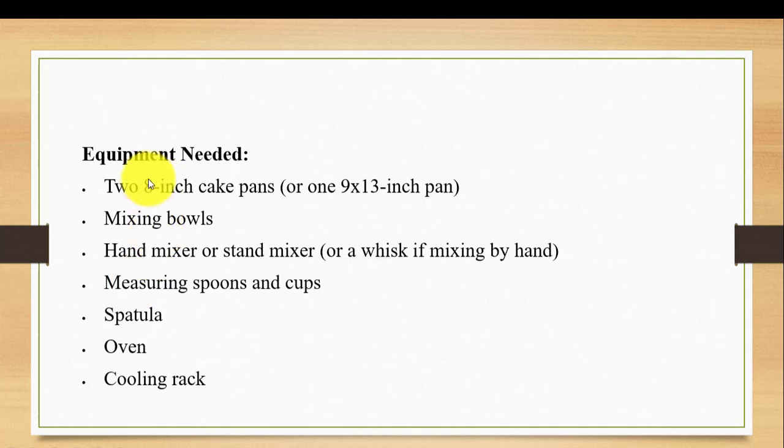Another issue is equipment needs. We need 2-inch cake pans. Sometimes people don't know about the inches of cake pans. When making cakes professionally, there are some tools which are used: mixing bowls, which will mix your sugar and the flour, and a hand mixer, stand mixer, or a whisk if mixing